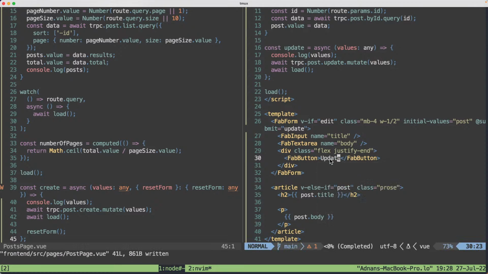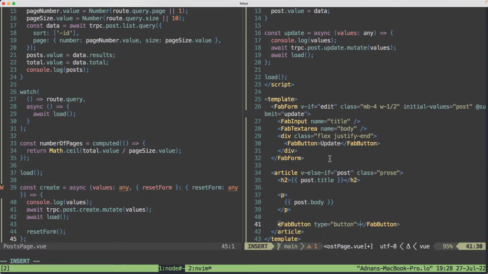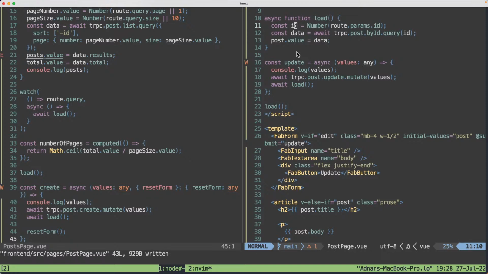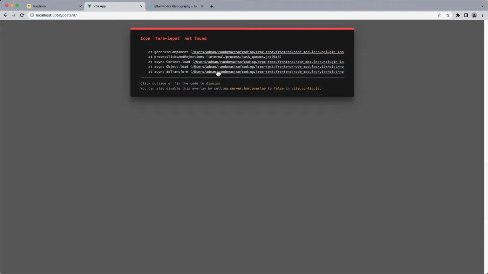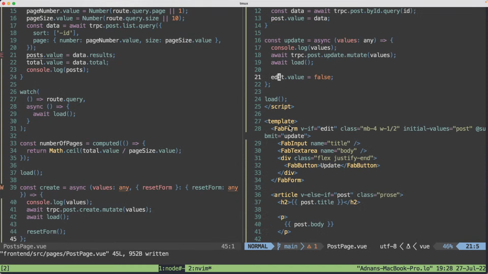Let's call this update. And now I would expect, well, first I have to create a button down here. Whoops. Down here, type button so it doesn't do anything weird. Let's call it edit. And all this will do is on click make edit true. And then here I'll want to make edit false after loading, right? Edit's value is false, and that should be fine. Let's figure out whether that works or not. It doesn't like it because I haven't